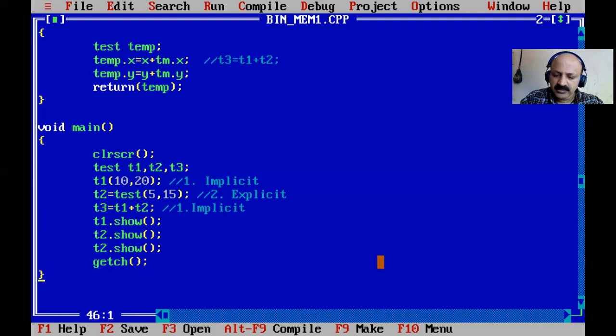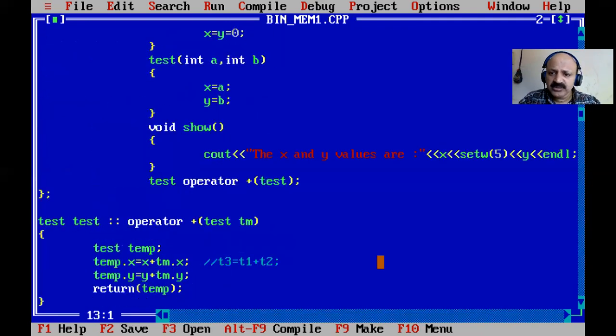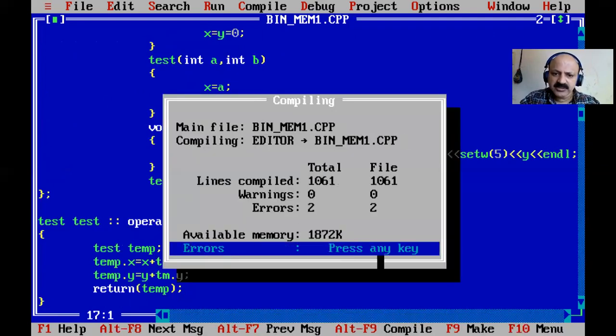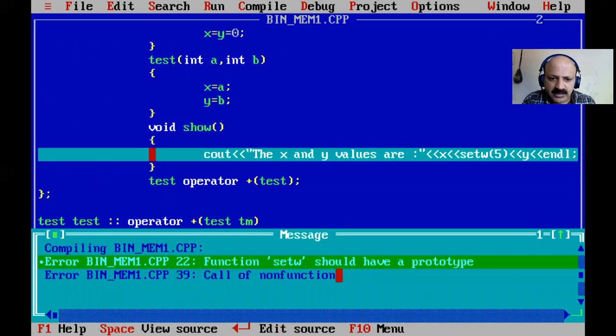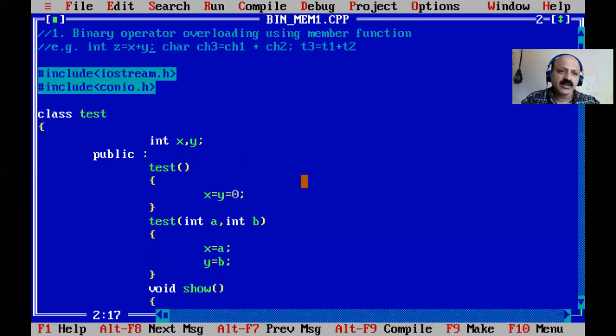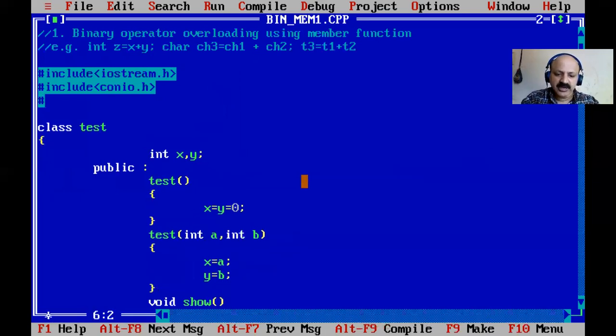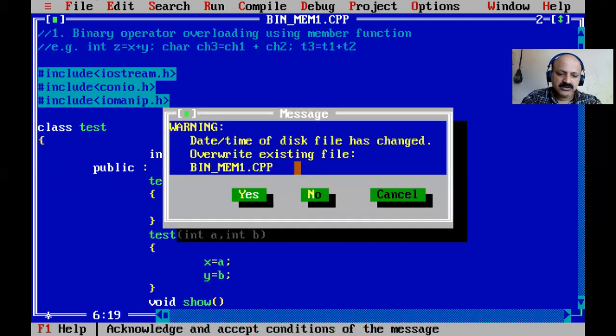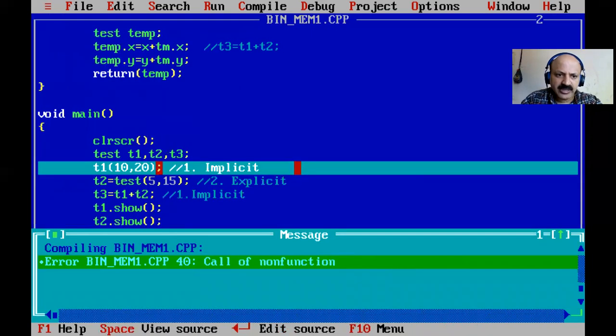So here, yes, I think we have to write setw. Sometimes the header file is asked for. So here the function setw has a prototype. Okay, so that means the header file is required. So we can give that header file, because that is a manipulator. So that header file is required. Yes, so iomanip, input output manipulators, that is the full form. So setw, yes, there is now one error.